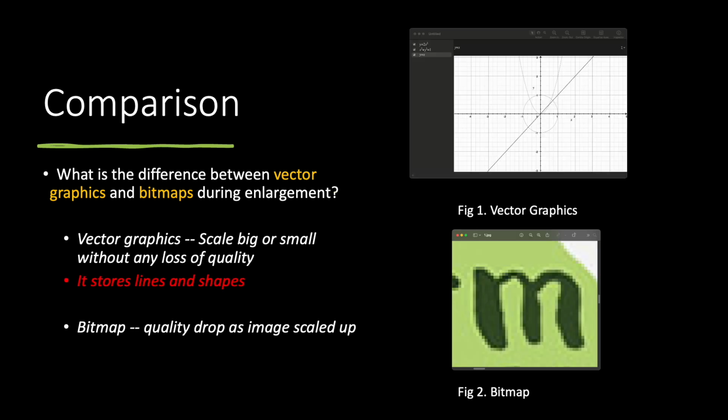Vector graphics store lines and shapes. If we see the graph on the right-hand side corner, we can say it stores the line equations, the equation of the circle and the equation of a parabola. So it stores equations and lines. However, on the other hand, bitmap stores individual pixels, which is a small square in this case. So it stores maybe 1,000,000 squares in one line and 1,000,000 squares in a vertical line,